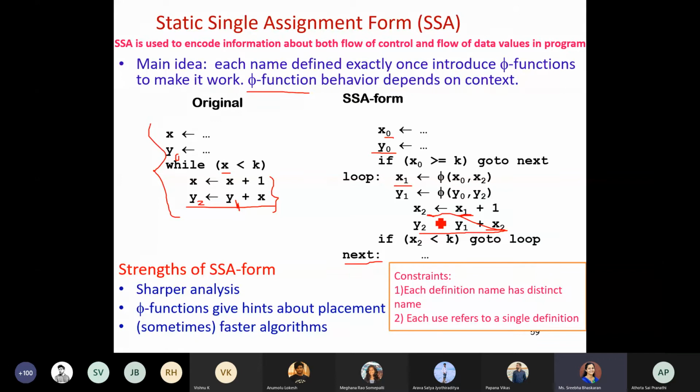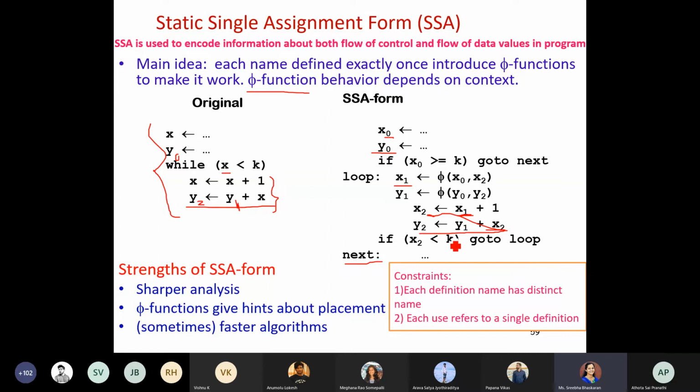We don't have to do any more phi functions here. In this place we need a phi function because the variable x1 is the one which the first time takes the previous initial value, and then takes the later updated values. So only x1 and y1 require a phi function. Separately, I have called the phi function and maintained it.